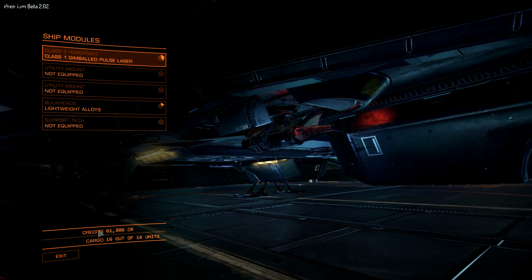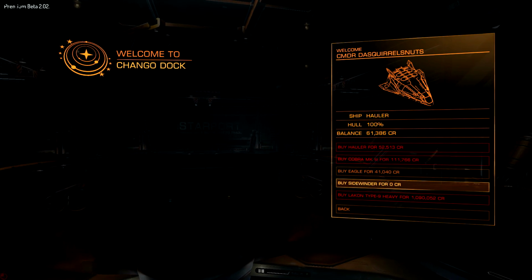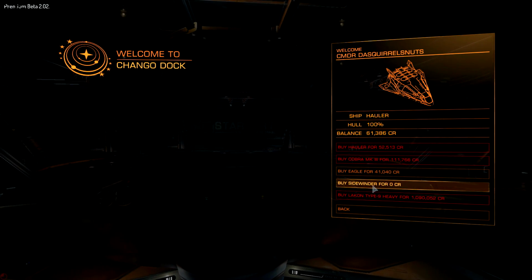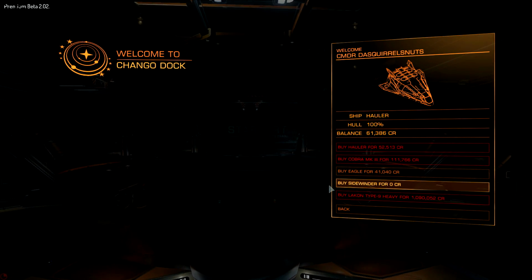Now, the way it works, if I just get out of here, just to show you the shipyard before we do that. The shipyard is where you buy craft, and you can see, you start with this, a Sidewinder. You can always get a Sidewinder for nothing. It's never a problem. If your ship's destroyed, you can just go back straight to a Sidewinder for no credits